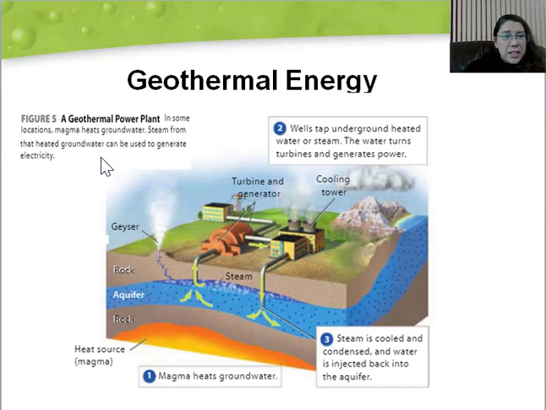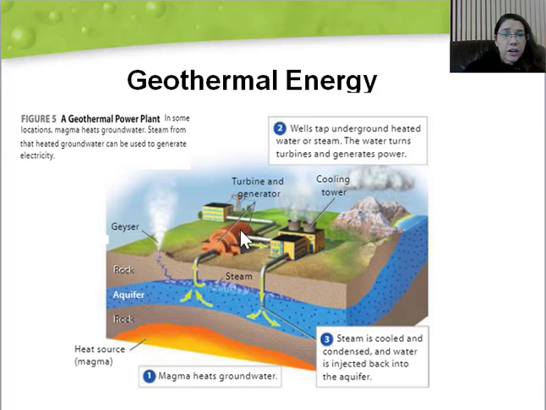Okay, so in some cases, magma heats the groundwater, and steam from the heated groundwater can be used to generate electricity. So we have the aquifer here. We have this magma very close to this aquifer, so it is heating this water. Wells tap the underground heated water or steam, and then the water comes up and goes into this turbine connected